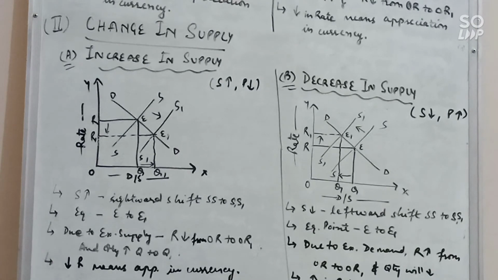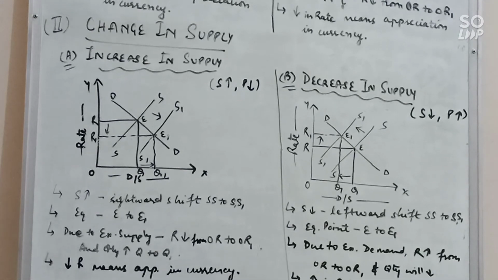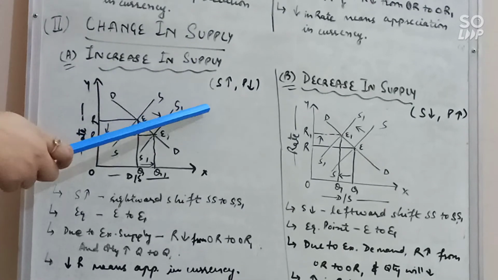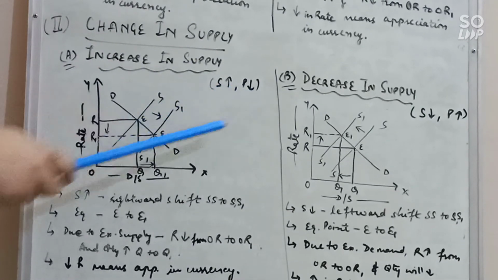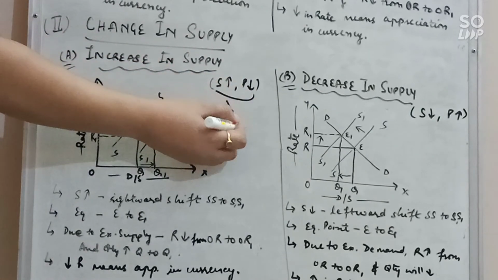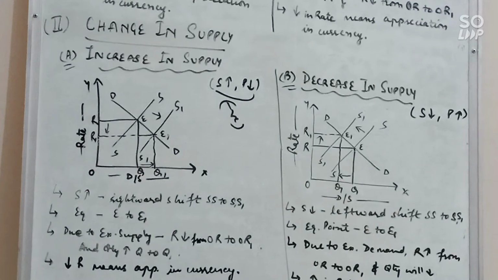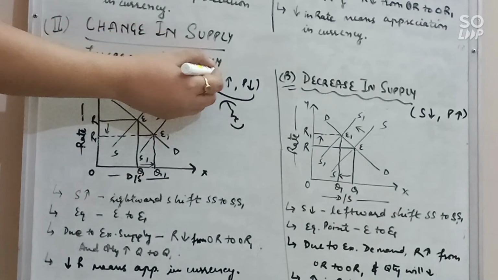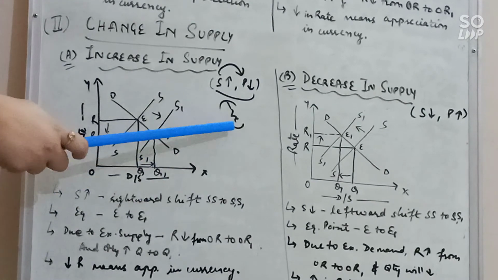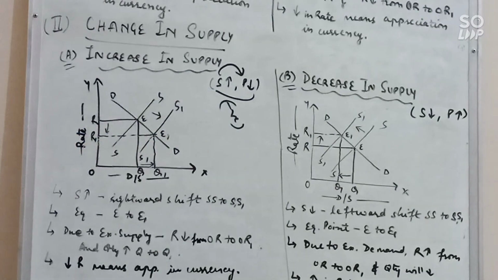Clear? In this way we can find out the increase or decrease in foreign exchange rate due to change in demand or supply. In supply we can conclude that if supply will increase, price will decrease. So it shows a negative relation. Why? Because again the same reason, here we are doing the effect of supply on price, and earlier we were doing the effect of price on supply. That's why we were doing the cost relation. So here it shows a negative relation. I hope it is clear.